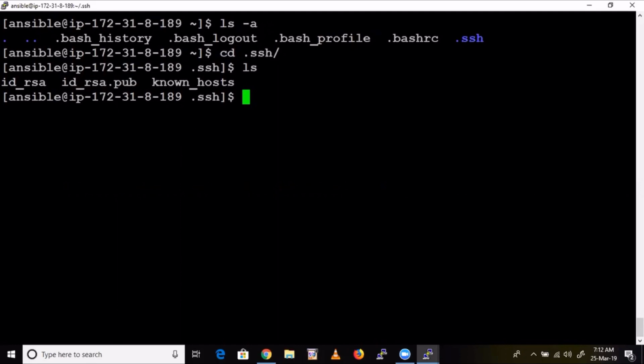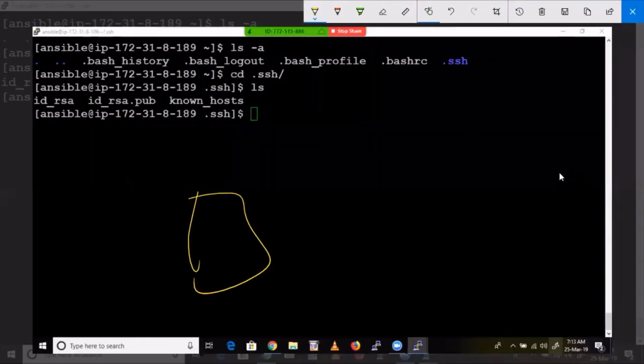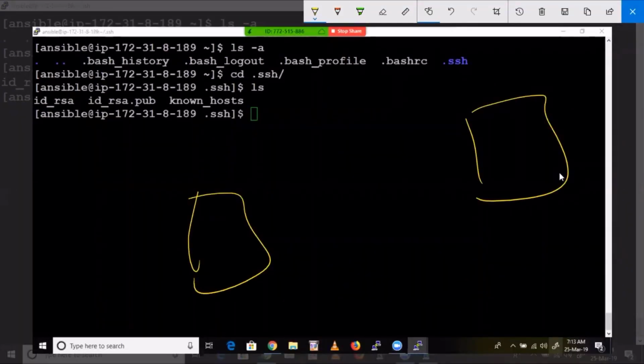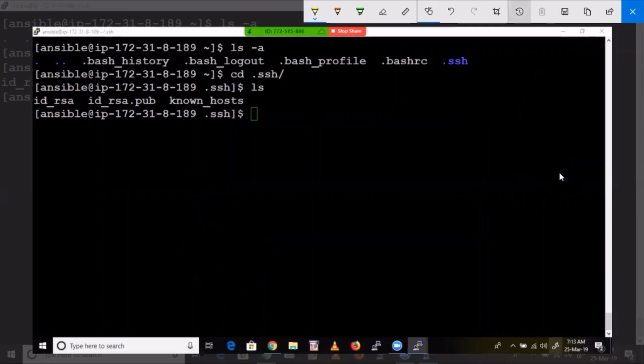For that, we could open this file, copy this content, go there and create one more file. Actually, see here, this is my server, this is my node, for example, one node. You open this file and you will get a lot of content. You copy that content, go inside this machine, and create a file called authorized_keys. Inside this, you need to paste this content. It's a lot of headache. If you make even a small mistake, authentication won't happen.